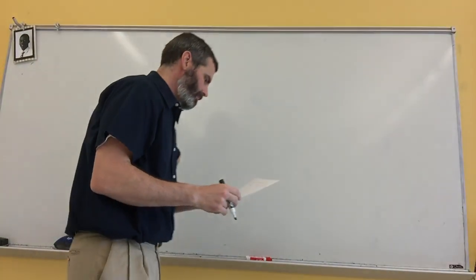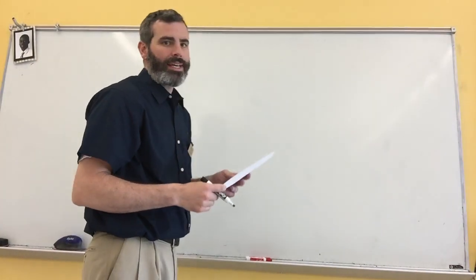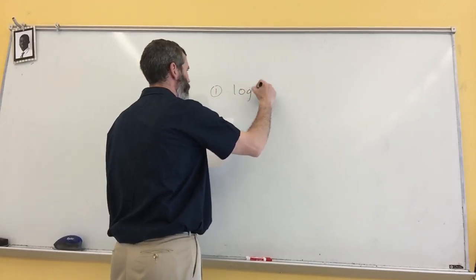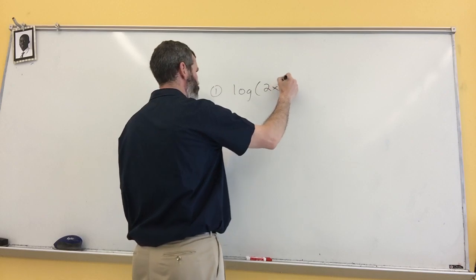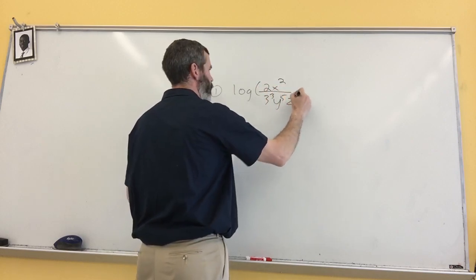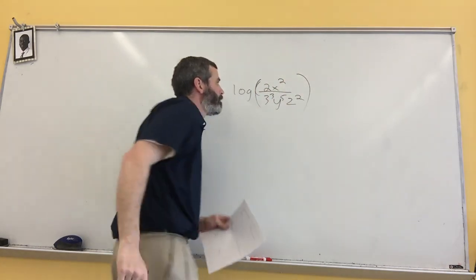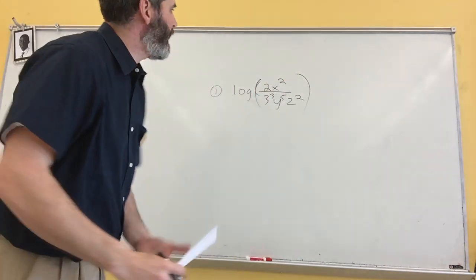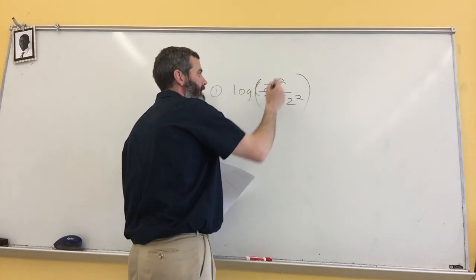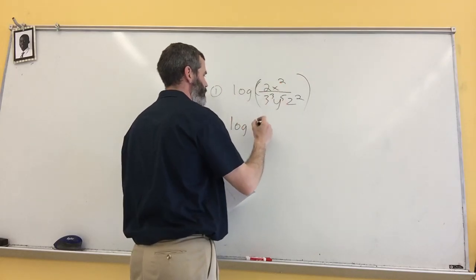All right, study guide, chapter 4 test. Number 1, expand. All right, so we want to make this as big as we possibly can. So I'm just going to start off doing quotient. When I have dividing these, that changes